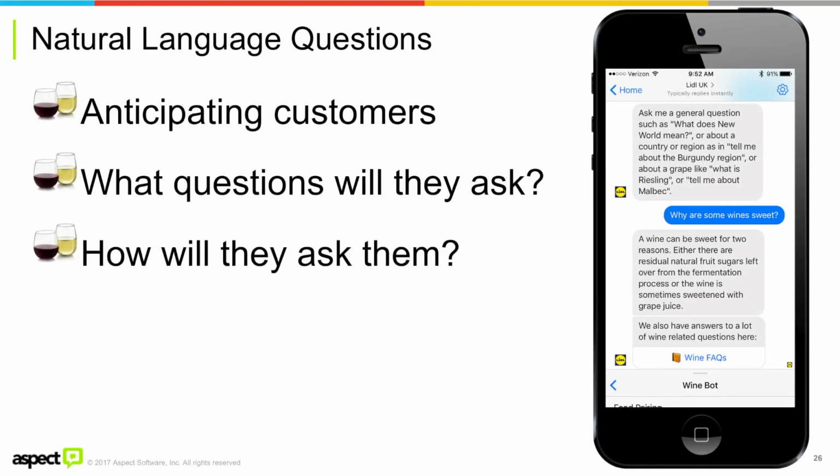So we worked really hard on crowdsourcing. How do you express yourself? What are the different varieties that people use to express themselves? Because if you don't have reams of data of people asking this question in a text channel already, you're going to have to collect at least some to get started. And then continue to work on that and develop that over time as you see the patterns. And that's one of the things that I do. I look at the data, I look at the logs, I see what the patterns are emerging,